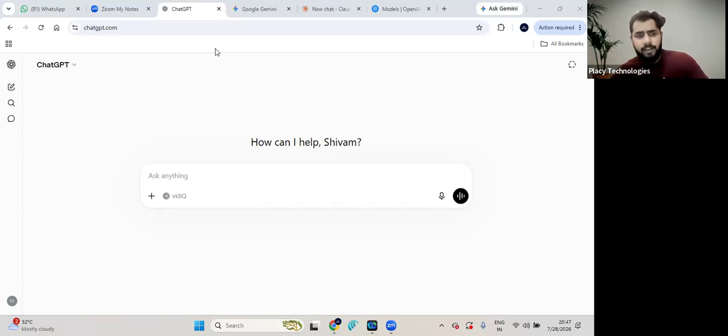Now what is generative AI? As the word suggests, generative means generate. We are generating something new from something that we already have. It can be text to image, text to video, text to speech, text to website, text to songs. So generative AI tools we will be discussing in this entire program. Prompt engineering also we will be discussing. So you can say that all tools will be generative AI, but not all tools are LLM, right?